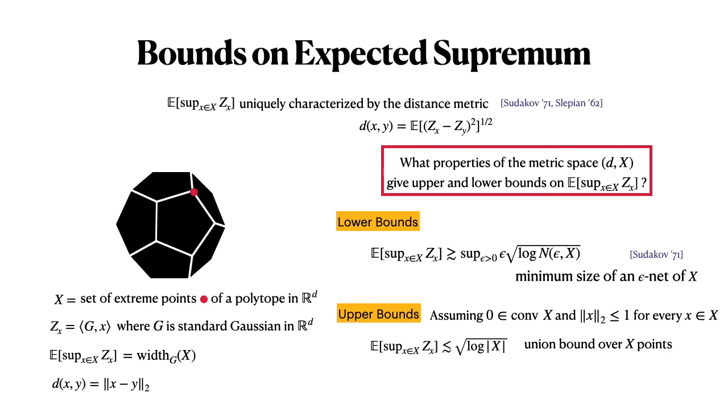One can strengthen this bound, and this was a very influential result of Dudley, by using a technique called chaining. Dudley showed that the upper bound can be replaced by the integral from 0 to infinity over all scales epsilon of the square root log of the cardinality of the minimum epsilon net at that scale. It will be very useful for us to see how this works, so let me give you a short proof of this.